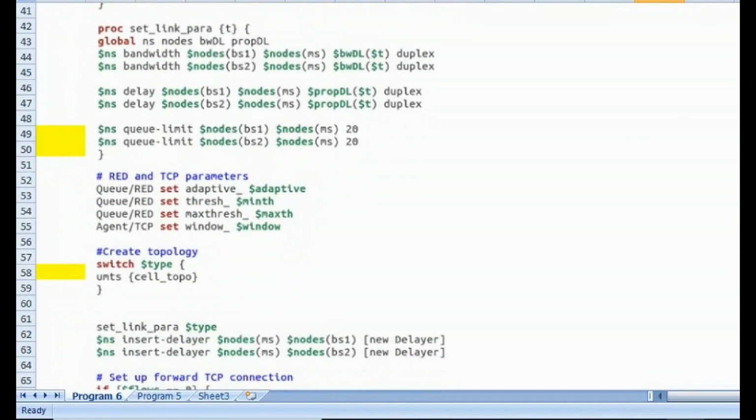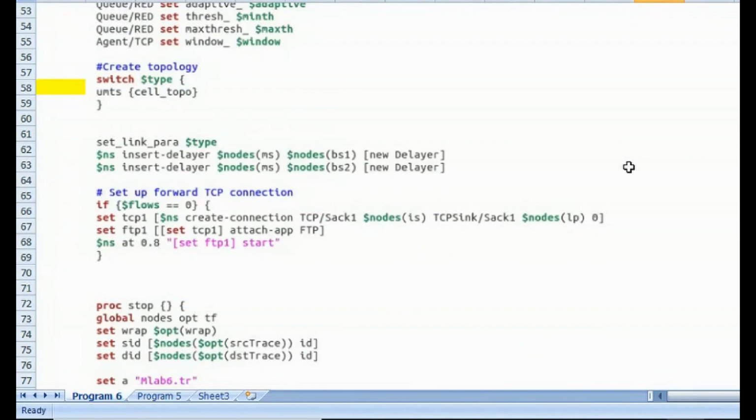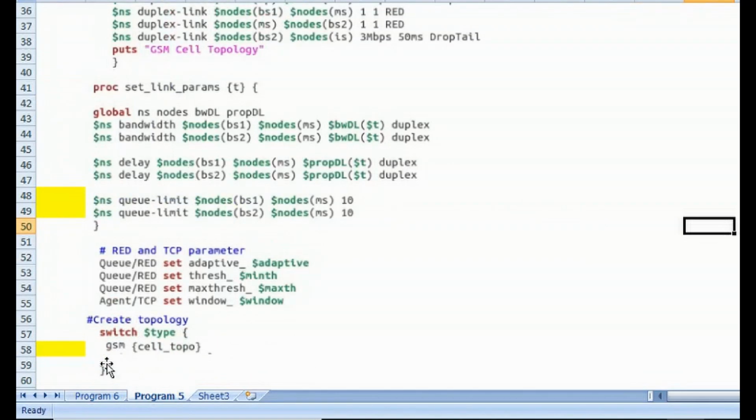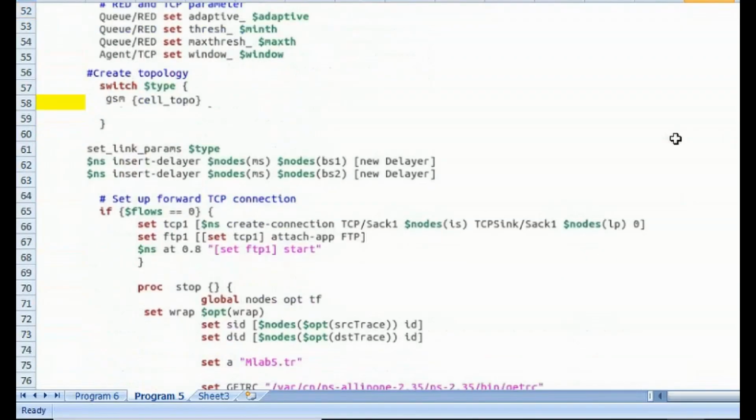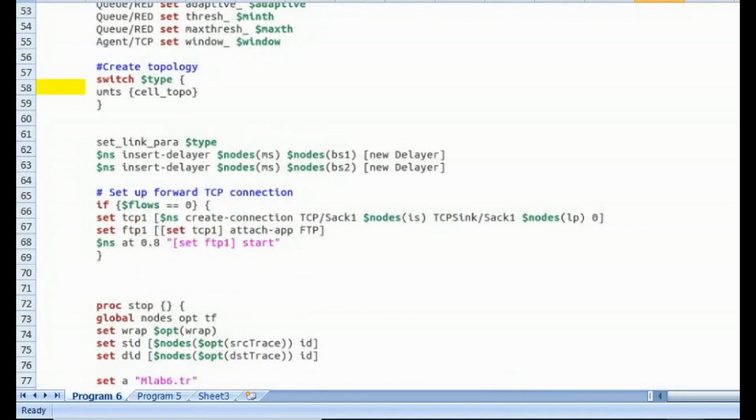Next, for the switch type I have UMTS cell type. Here GSM was there, and I have replaced it with the UMTS cell type. Rest everything is the same.